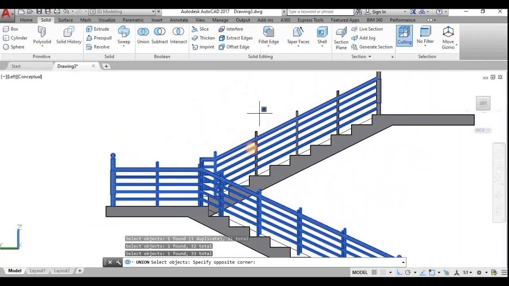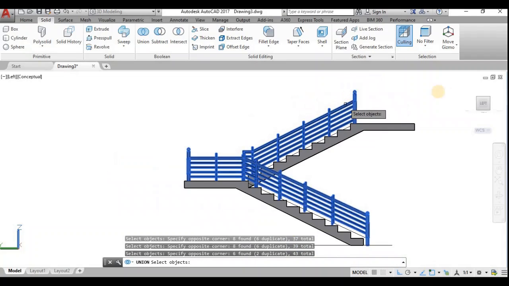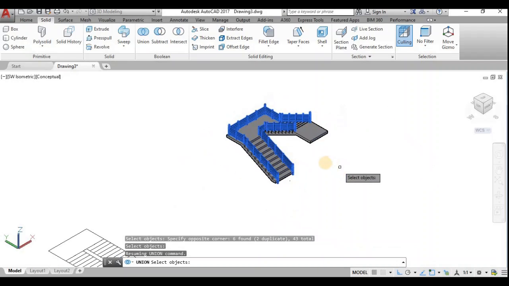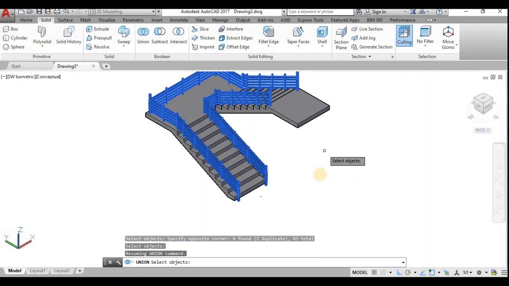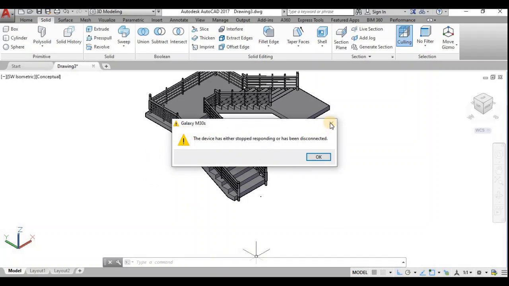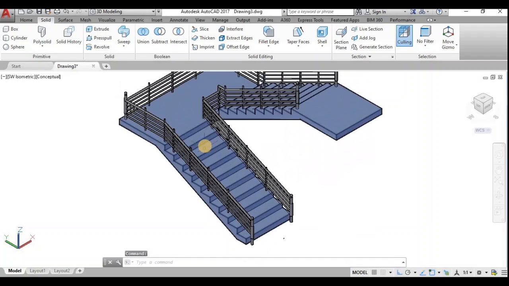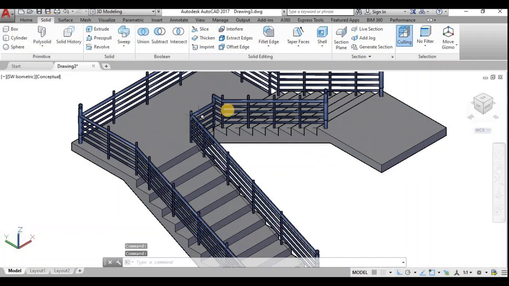I have selected by viewing in a direction. Now when I view this again, only the object which I required is selected. I shall give enter. It will take some time to regenerate because there is a large number of objects, but it is a single object.